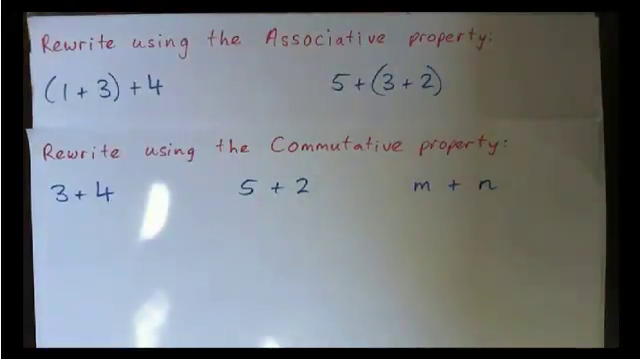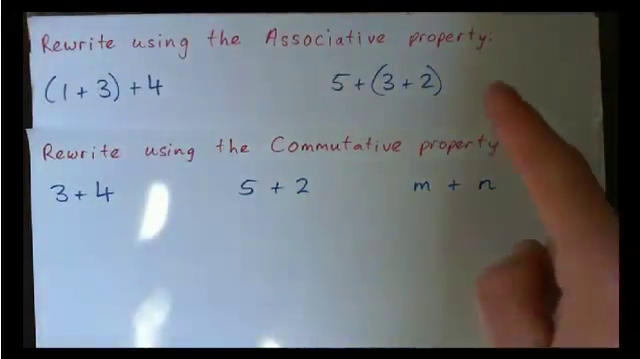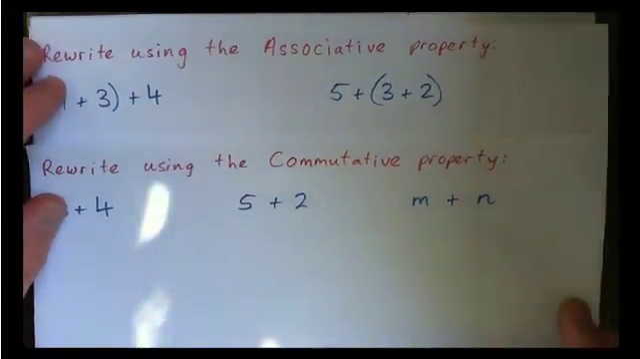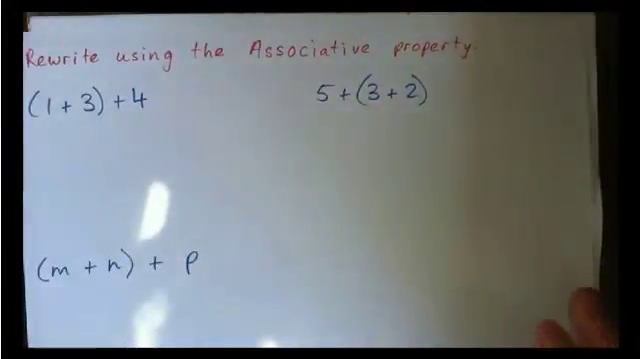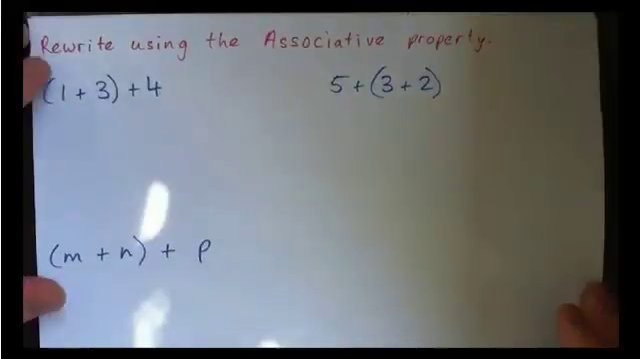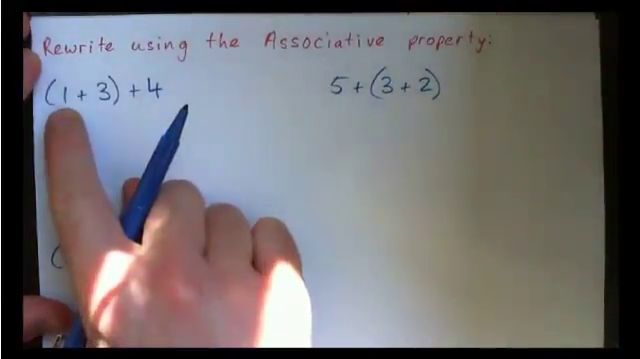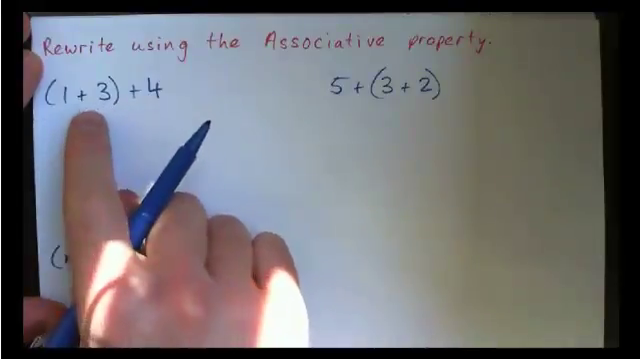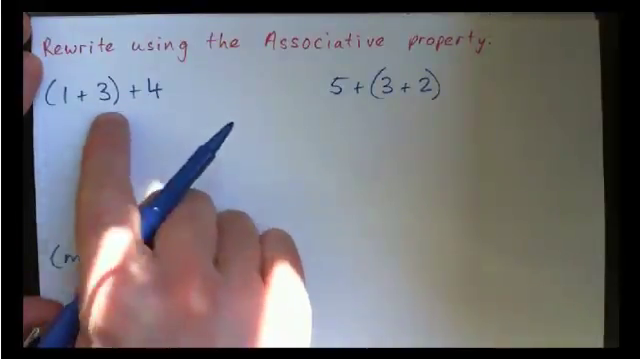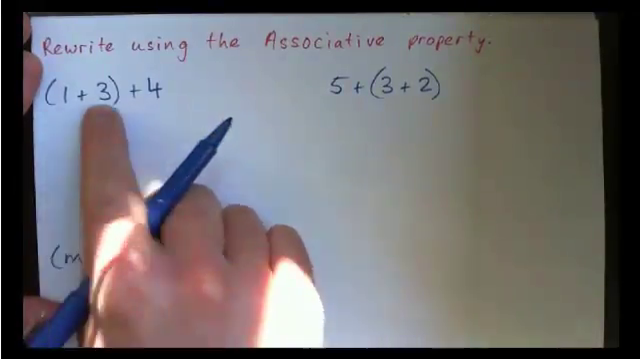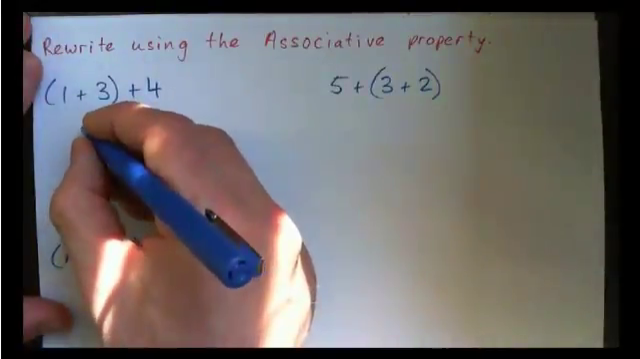Okay, in this video we're going to look at two properties of addition, the associative property and the commutative property. So we'll start with the associative property. All this means is, if you were adding these together, 1 plus 3 plus 4, you could put parentheses around the 1 plus 3 and do those two first. That would give you 4,